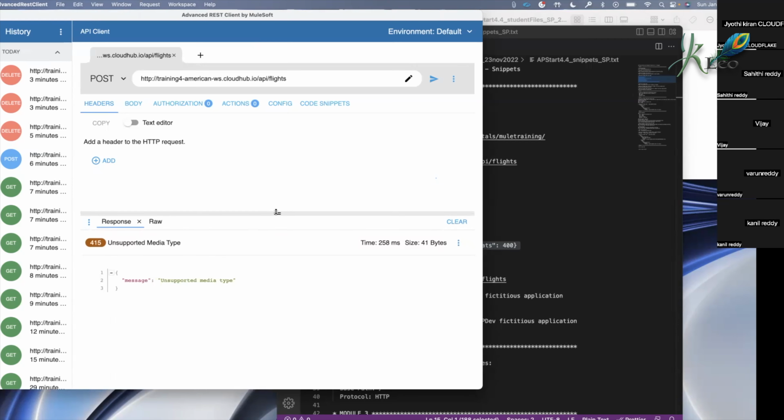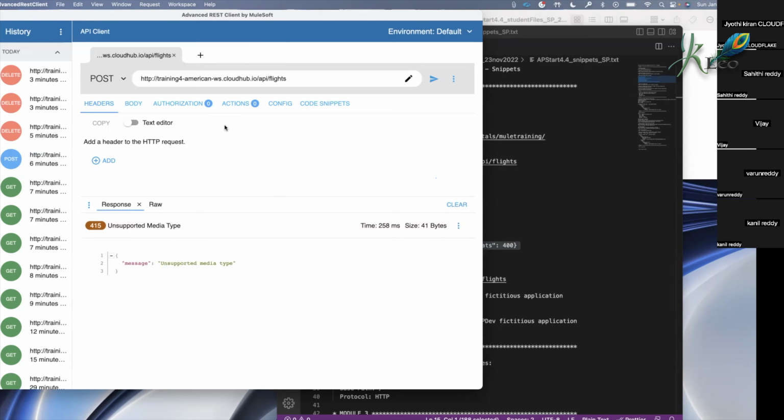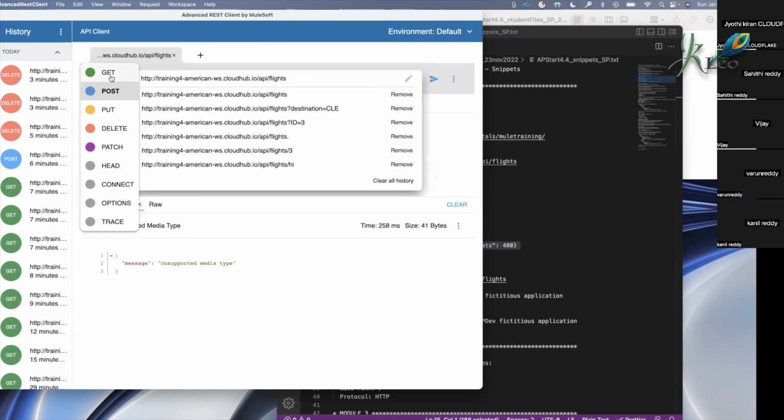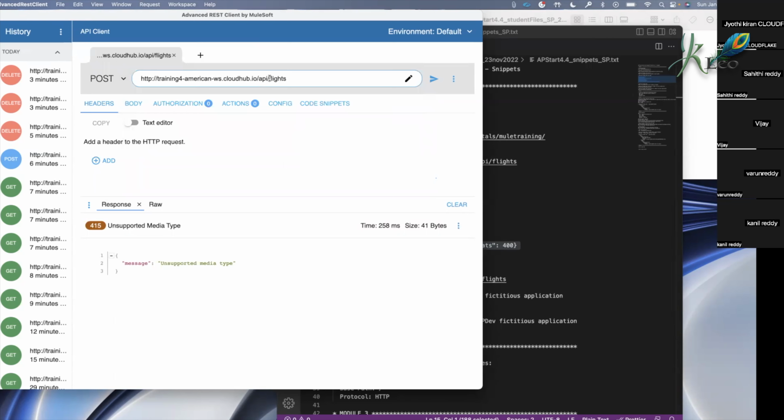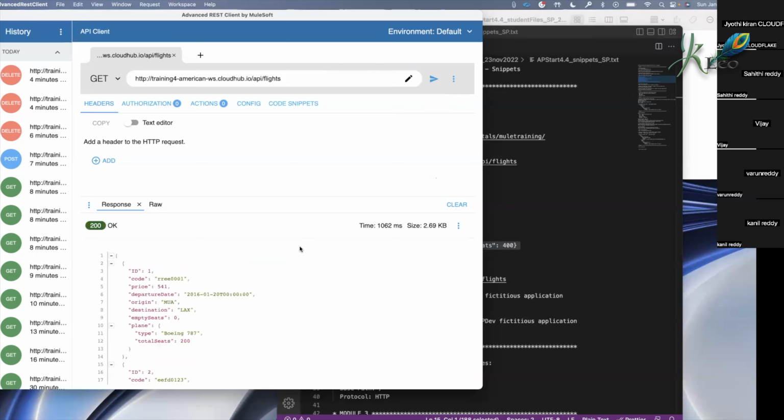So now I want to really post a flight. I want to know how to post, right? I have new flight details I want to post. So here I selected the post method, which is correct, first step. And then I have given the right name of the API, where I want to post. And now I have to put the text which I want to post. So normally